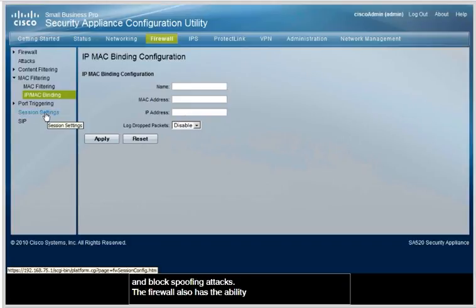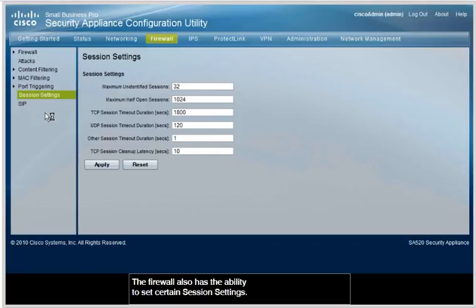The firewall also has the ability to set certain session settings. The maximum half-open sessions is a typical type of setting that allows you to prevent SYN attacks. You can prevent the SYN packets from overwhelming the server and taking up all of the connections. So those are some of